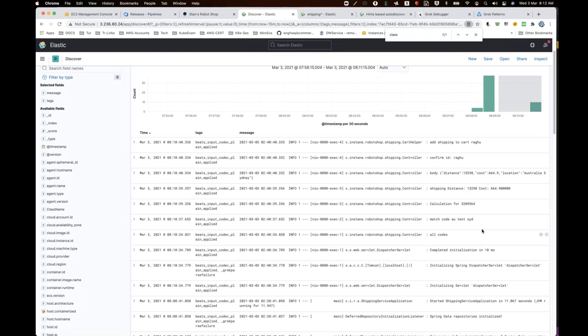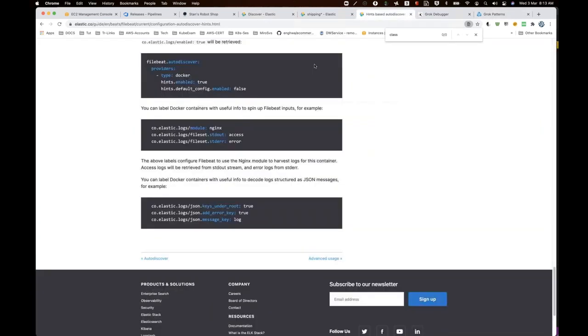Or let's say you want to include only certain logs, right? I want to include only the logs which have this word, cart helper. Cart helper controller, you have two things. Now I want only the logs related to these keywords only. These are the only two classes which are getting called. Now I want only these logs. Then how do I do that? There is an auto discover hint, so you can just go with